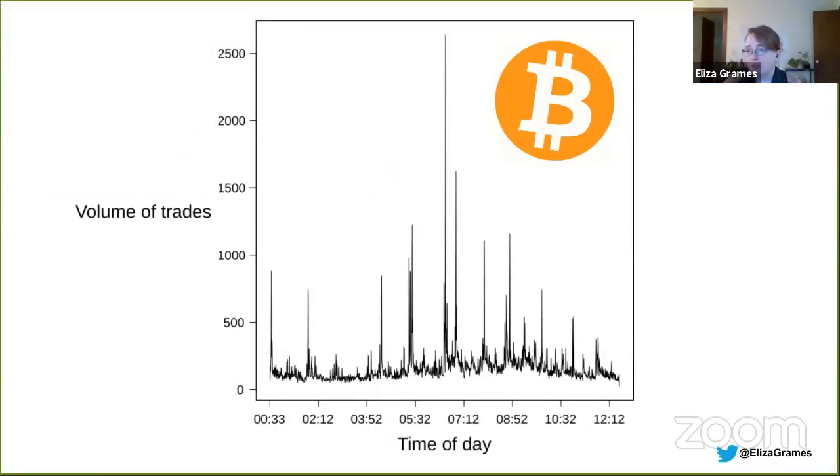For example, we can look at Bitcoin trades over time. On the y-axis here, we have the volume of trades, and the x-axis is time of day. You can see that there's a cyclical pattern, but the main thing to note is that you have these peaks or spikes in volume of trading, and then it declines. These spikes can come from a couple different things. It could be external motivation where there's been some kind of news or event, but it could also just be that individuals are paying attention to what other people are doing in the stock market and following their behavior.